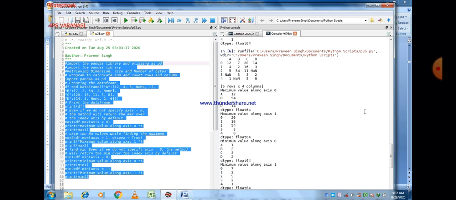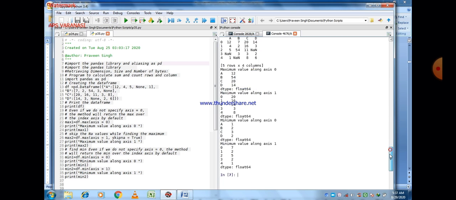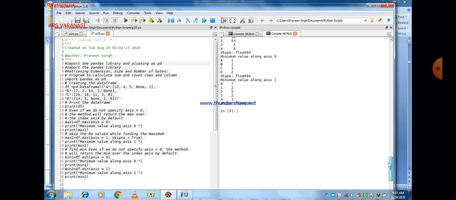You can make a new program. If you want to make a new program, then just go to file and then go to new file and then write a program. Let's write a program there.